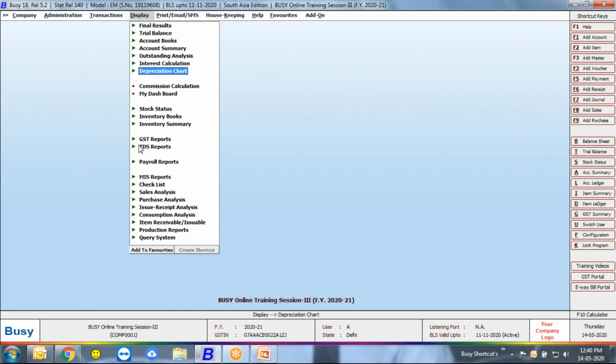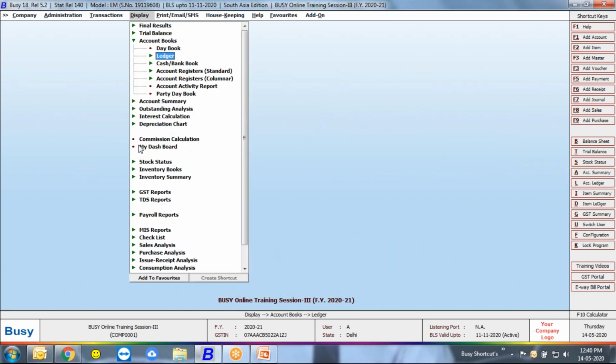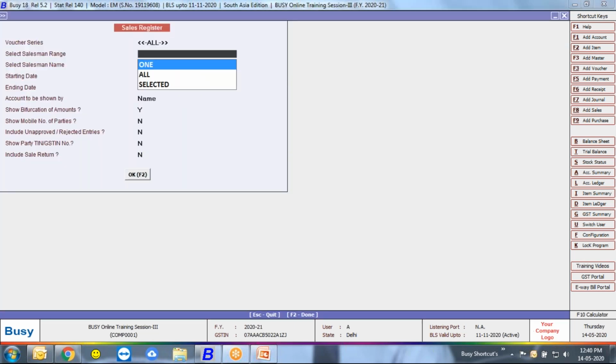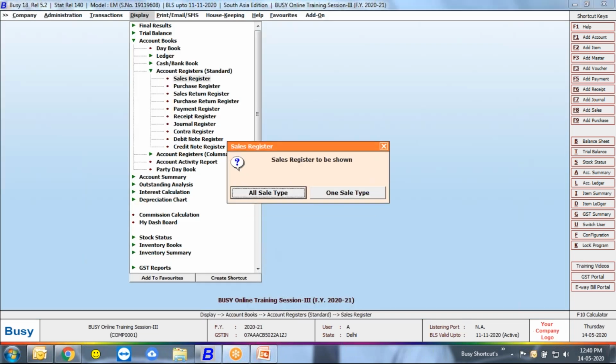Or either you want to see your sales on the basis of a salesman. You can bifurcate your sales on the basis of your salesman. You can also do this.